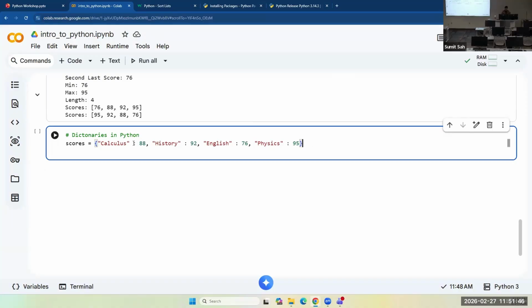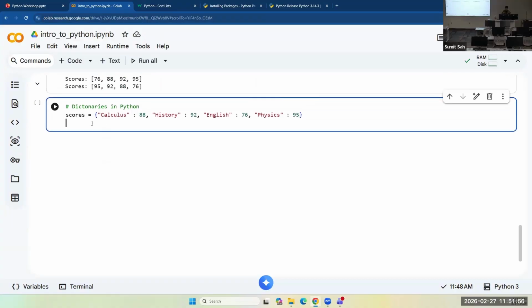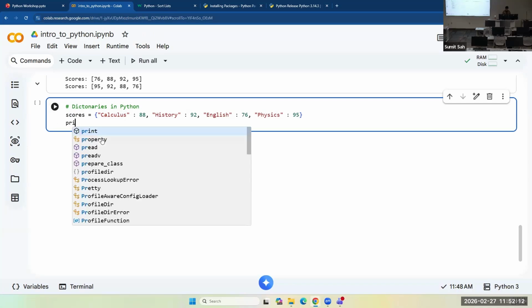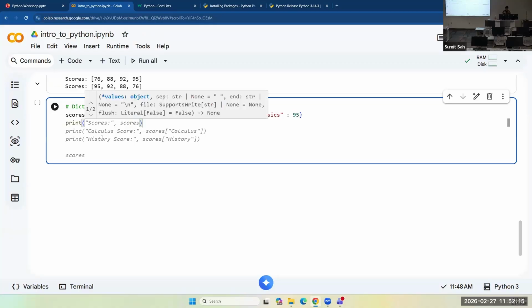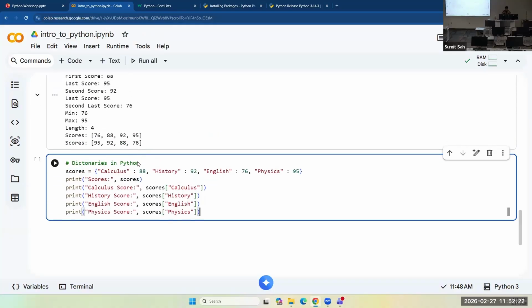Now each value is mapped to its subject, right? In a list, you access elements using indices. In dictionaries, you have a key-value pair for every value, and you access those values using the key, like history or English. Similarly, you could use a print statement to print the dictionary. AI already gave me a recommendation, so I'm going to accept it.